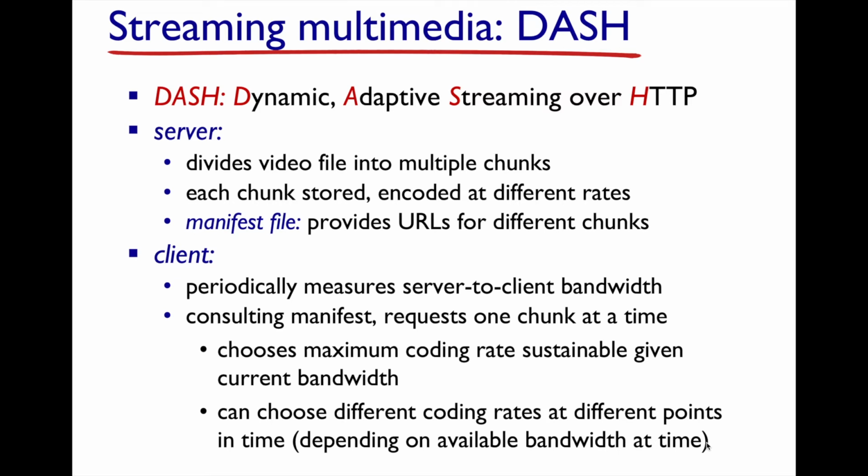It's that client, your browser, what's running on your machine, changing to a different version or different coding rate version of the next block of the movie. And so then if your bandwidth increases, right, it gets better, then it'll switch back to a much higher resolution version for the next block. And so your client is constantly measuring and switching based on the available bandwidth. And the goal is to preserve this video the best that it can.